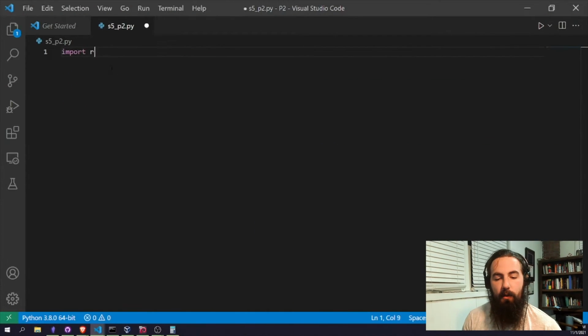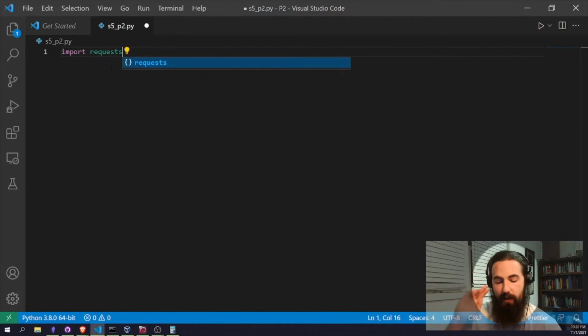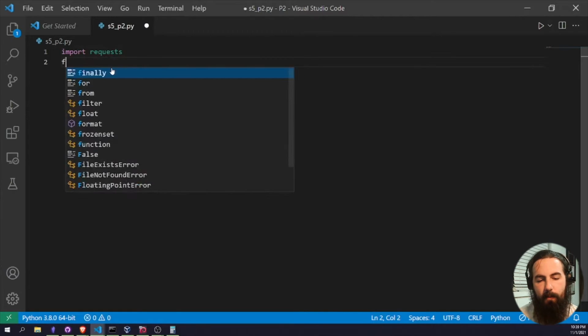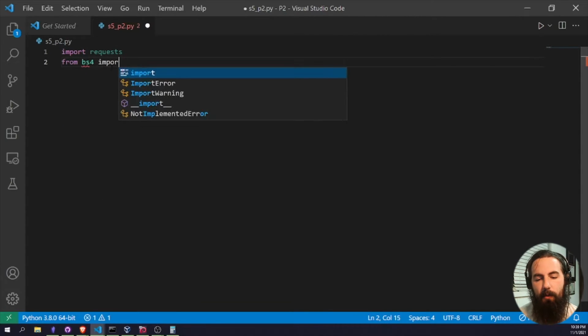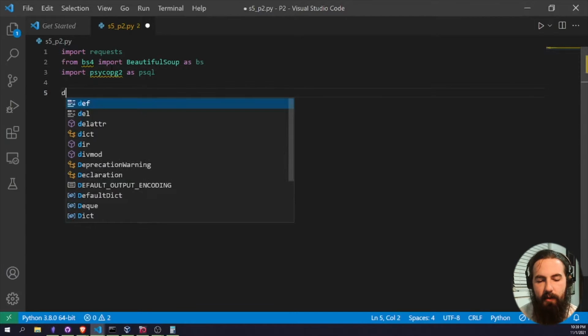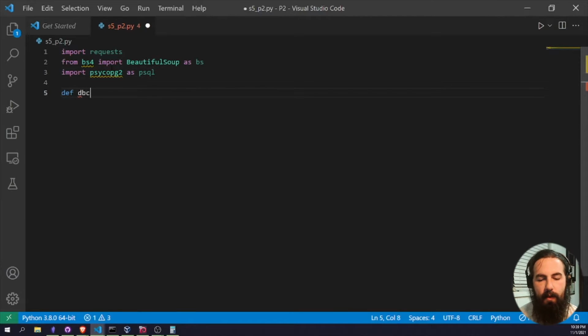So import requests, obviously we're going to need that. From bs4, import BeautifulSoup as BS. And import psycopg2 as PSQL. So we are going to have a dbconnect function, so def dbconnect,